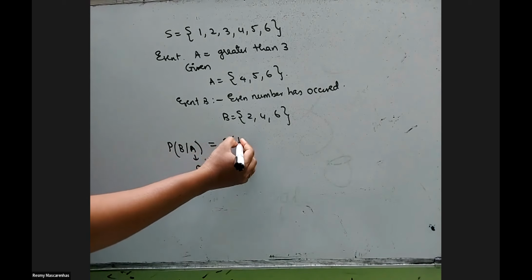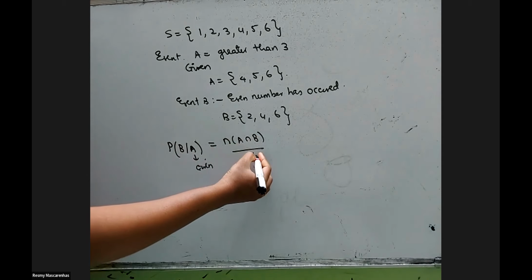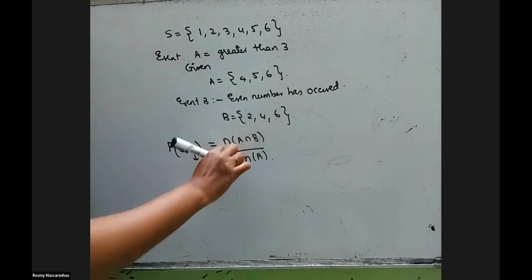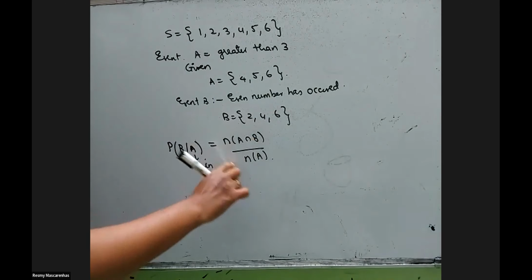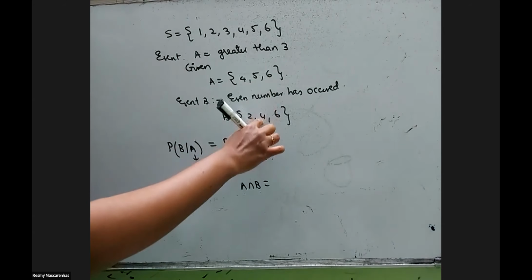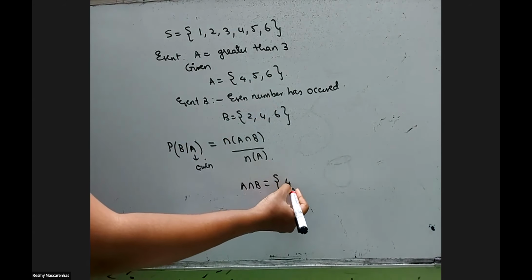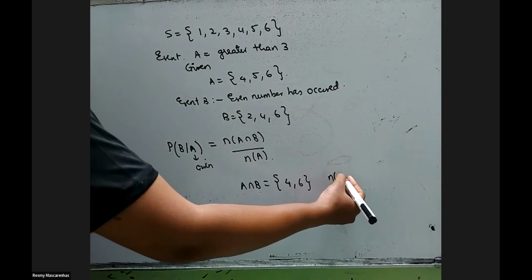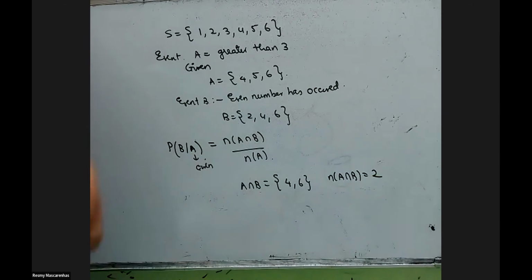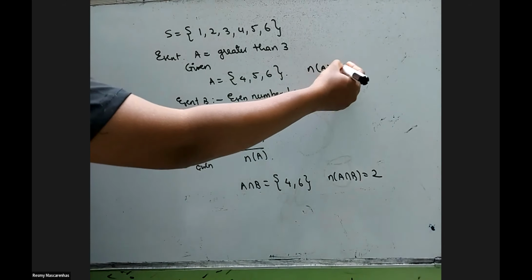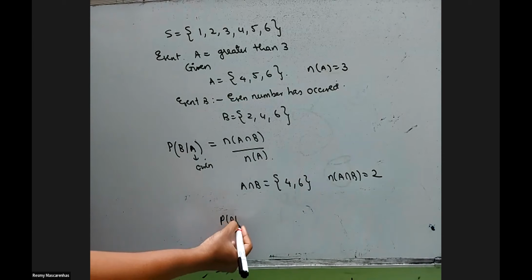As per the formula, n of A intersection B upon n of A. Now just calculate, n means number of elements. So we need this. So just find out what is A intersection B. What are the common elements? 4 and 6 are the common elements. The number of elements in A intersection B is 2. Now just substitute here. Number of elements in A are how many? 3 are. The probability